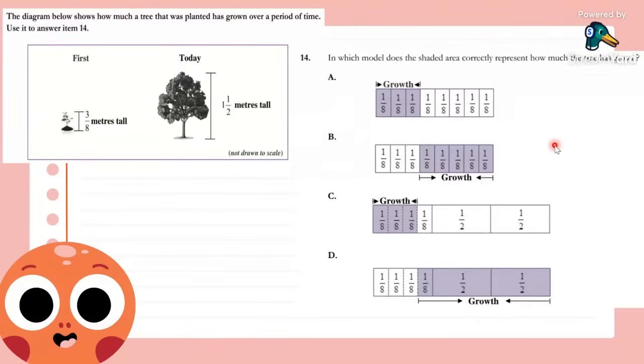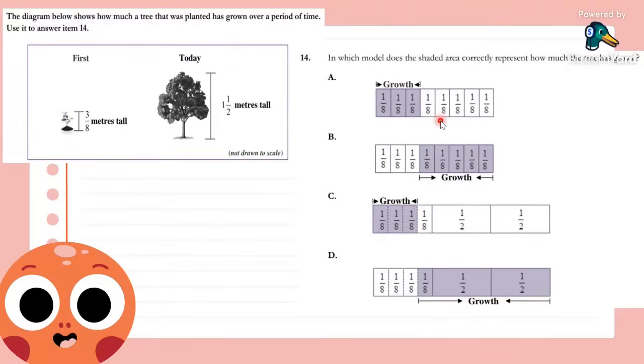D, because it is not exactly drawn to scale. Okay, but I want some other explanations. Let me hear from persons. Because half plus a half, that's what Amir says, so it's D. Okay, so let's go through this one